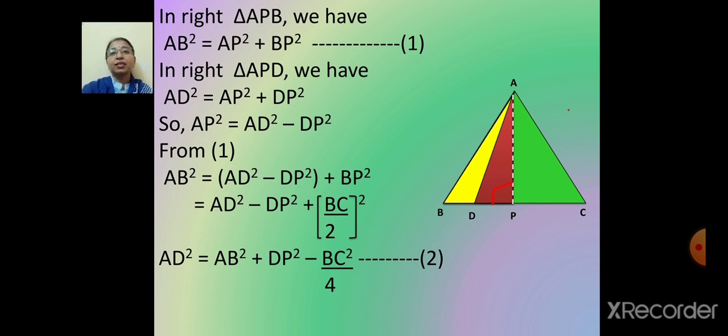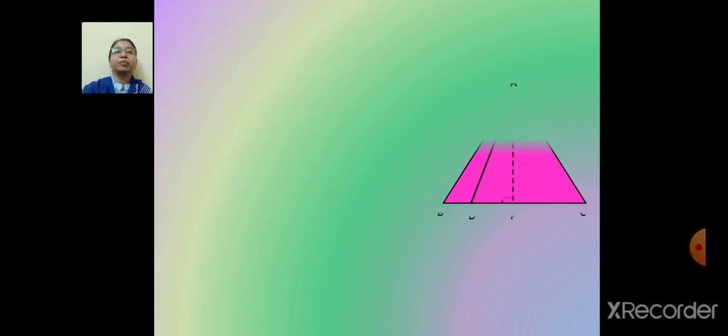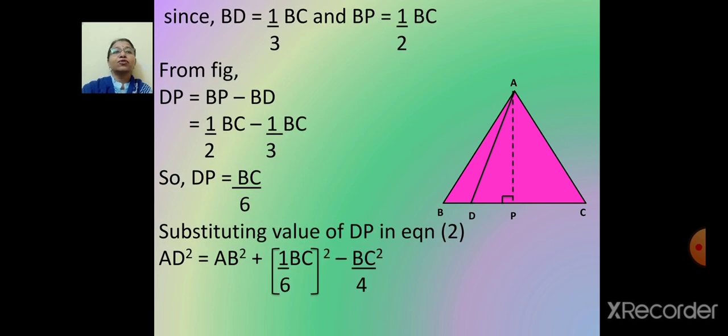If you remember, in the required expression we want 9 times AD square is equal to 7 times AB square. So now we will try to replace these last two terms. We will find out substitutions for them. So let us see how we can replace those terms. So from the given, BD is 1/3 of BC given to you in the question, and from the construction BP is half of BC. These two relations we have.